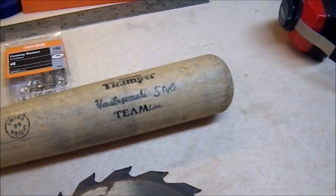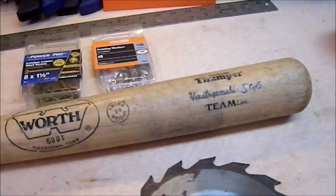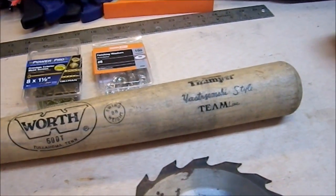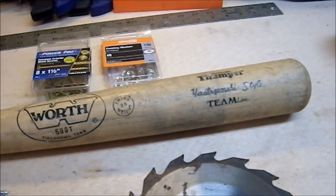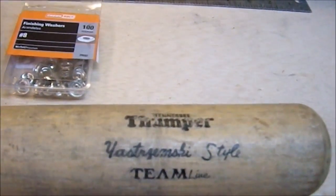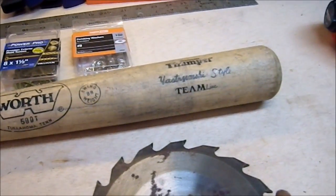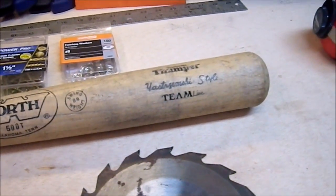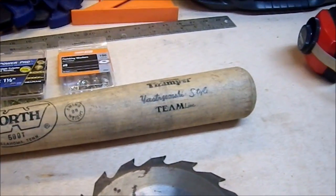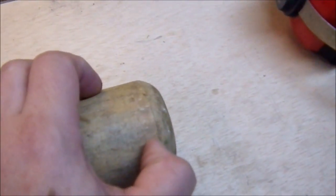So just for fun, it's going to be a 2-handed weapon instead of a 1-handed weapon, which was my initial concept. But you know, this also says Tennessee Thumper. So maybe that's a good name for this particular build, the Thumper Battleaxe. So the first thing I'm going to do is cut this off right there